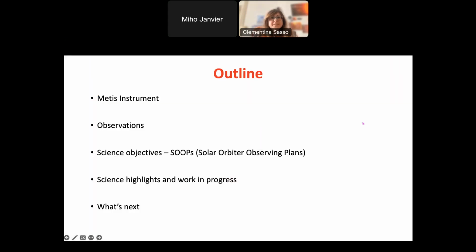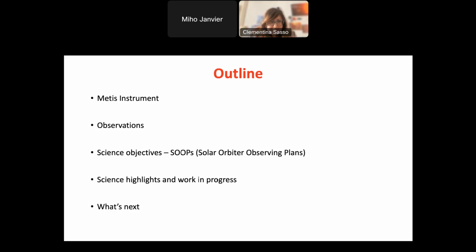So the outline of the talk: I will present the Metis instrument if you are not familiar with it. Then the observations, how we made the observations, the science objectives of the Solar Orbiter mission, and how they are studied by Metis and Solar Orbiter observing plans. And then I will present some science highlights and some work in progress that is being done now, and of